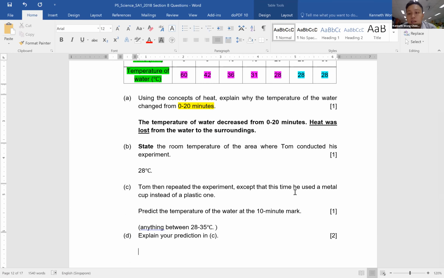Why? Because the metal cup can gain heat faster from the water, correct? If the metal cup gains more heat from the water, what does it tell you about the water? The water will also lose heat faster, correct. So since metal is a better conductor of heat, the water will lose heat faster than the